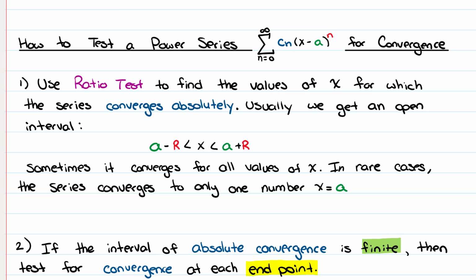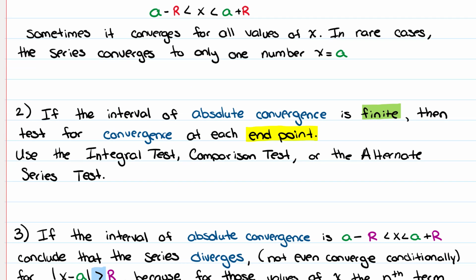And sometimes it converges for all values of x. This is when the x term will go away, or you just get a number less than 1. And in rare cases, it converges only at a specific number, x equals a. And this is when something weird will happen where only one x value will make it converge and it diverges everywhere else. The second thing you do, if the interval of convergence is finite, which means it's a number, then